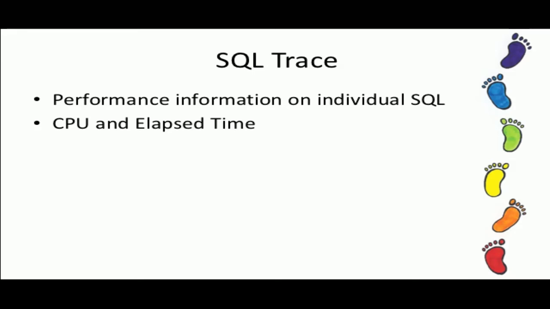Within the trace, we find information about CPU and elapsed time. Let me step back a little bit. When we run something on the database, the time we spend we can divide into two pieces: CPU and something that is not CPU. It could be something else. So the elapsed time is made of CPU, which is service time, plus some sort